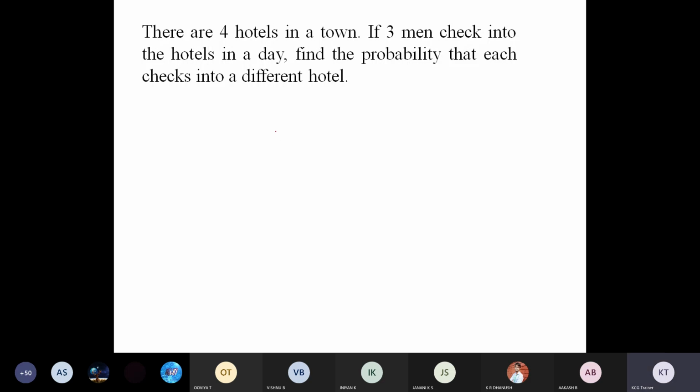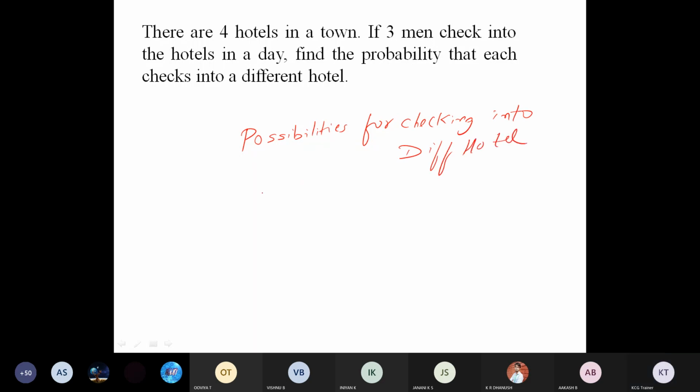Now, so first of all, possibilities. For checking into different hotel. Total possibilities for checking